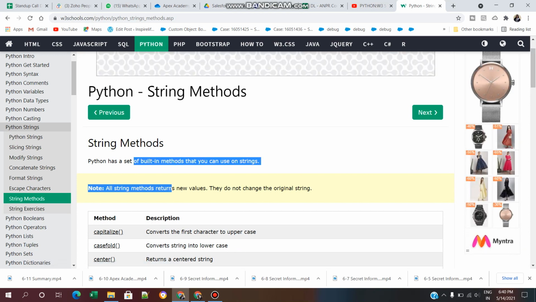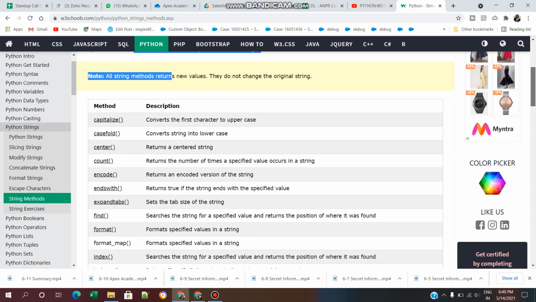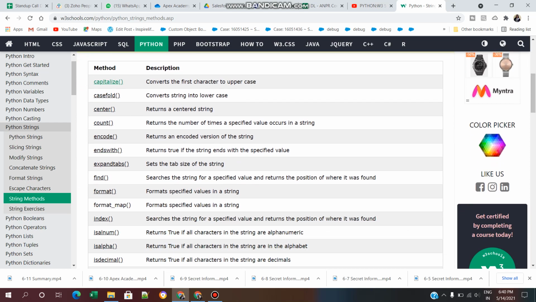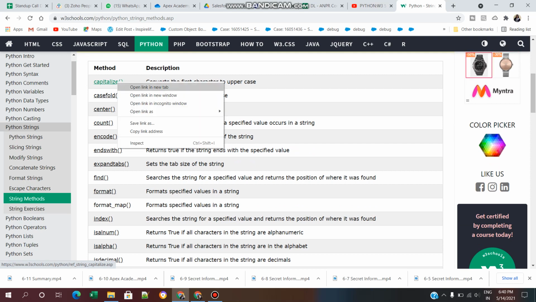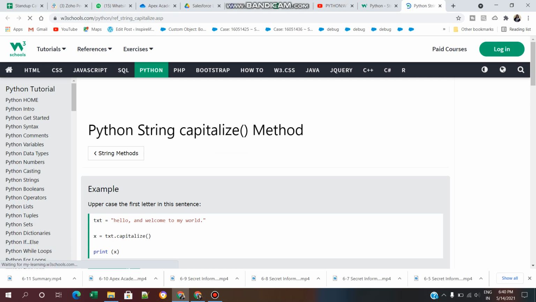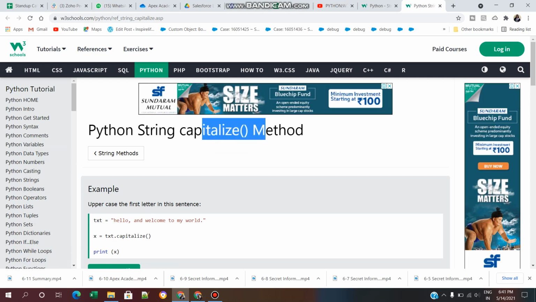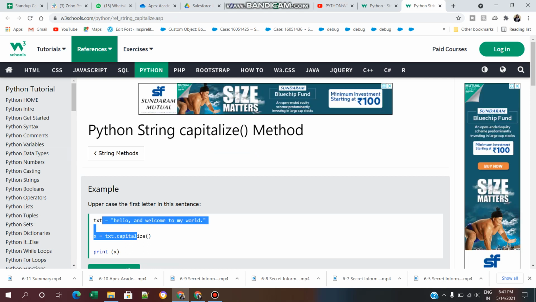So these are built-in methods. In the next video we will see each and every method by using examples. If we click on this and open a new tab, we will get this method with one example.